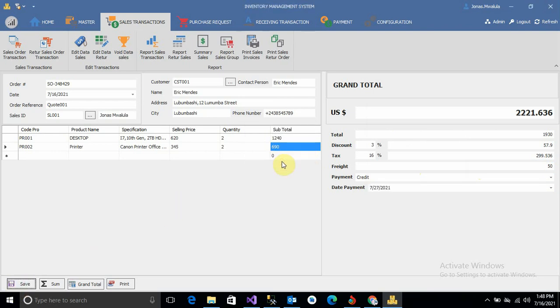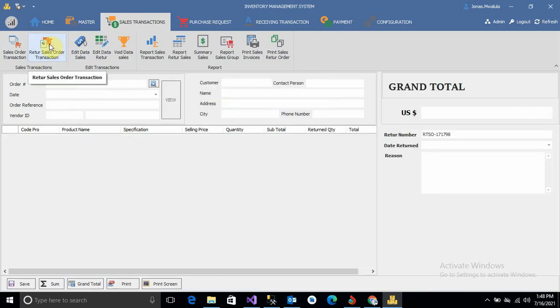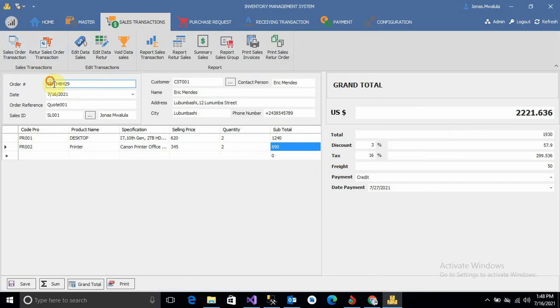We've saved this sales order successfully. After the sales order, we have the return sales order transaction, which means the customer can return what he got from us. Why? Maybe it doesn't function, because we can give him a warranty of a year, a month, and so on. In case he returns it, we will have to come here and click on the return order transaction. So I'll come and copy